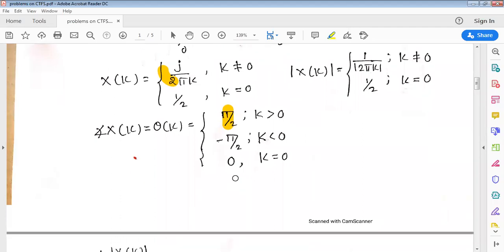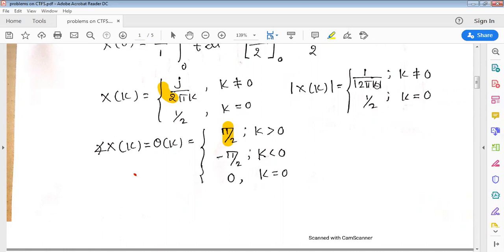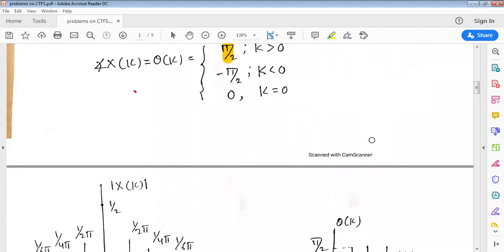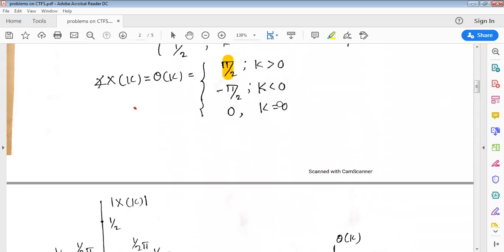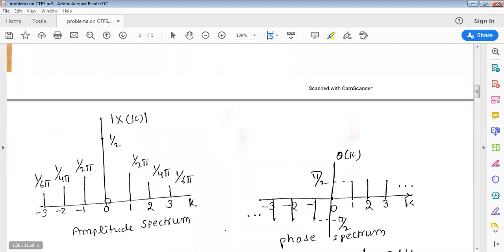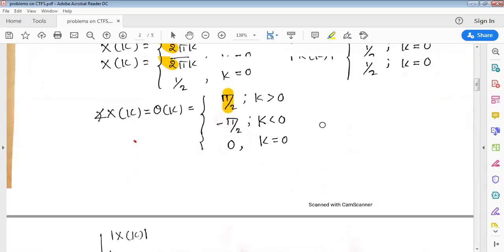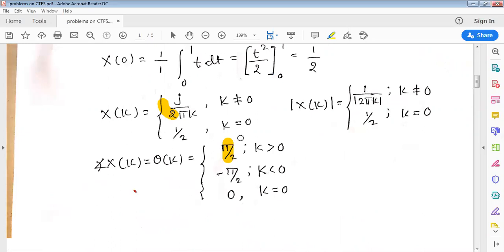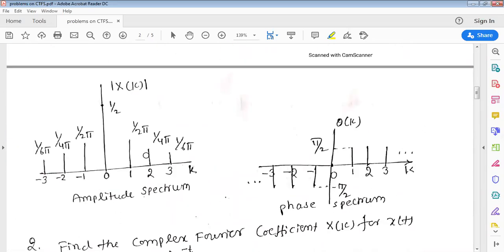Now I'm going to plot this one. Let us say k other than 0: 1, 2, 3, 4, 5 you give. By giving 1, it will become 1 by 2 pi. Next you give 2, it will become 1 by 4 pi. Next 1 by 6 pi, 1 by 8 pi. So those are shown as a plot. See here, when k is equal to 0, what's the value? 1 by 2. I have shown here 1 by 2. When k equal to 1, it will become 1 by 2 pi. That I have shown here. So 1 by 4 pi, 1 by 6 pi on the right side.